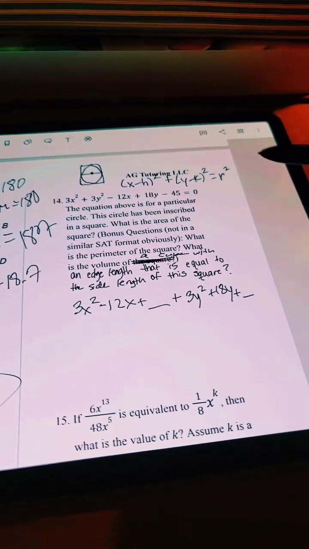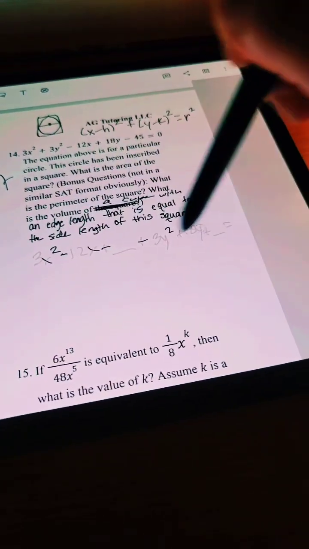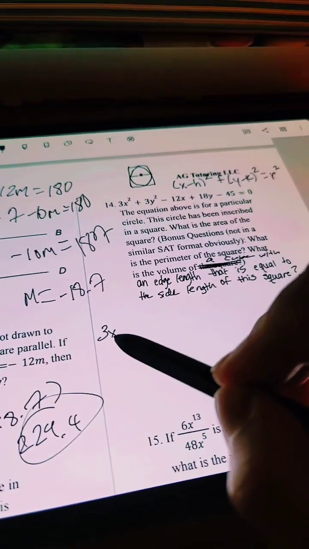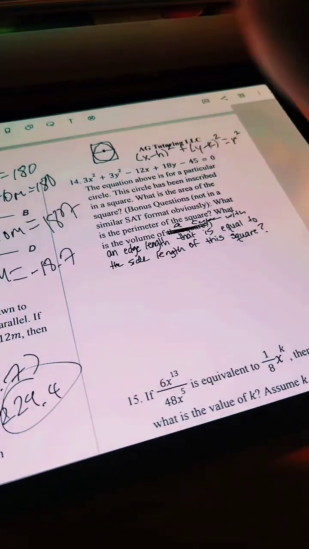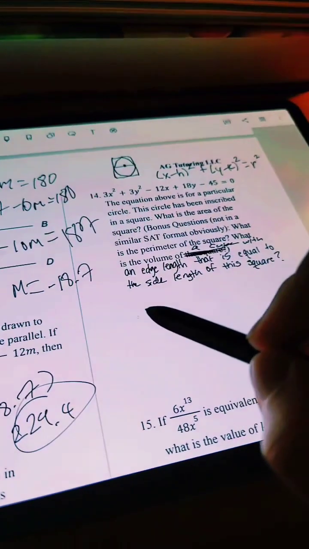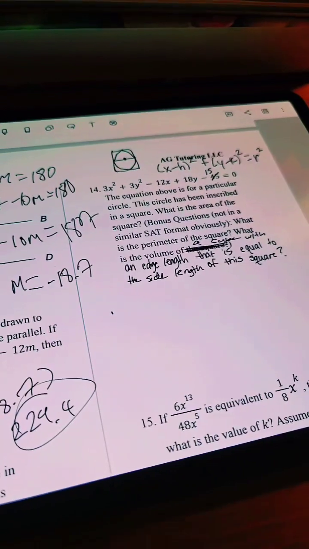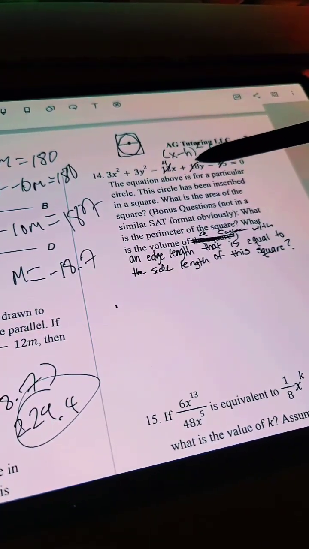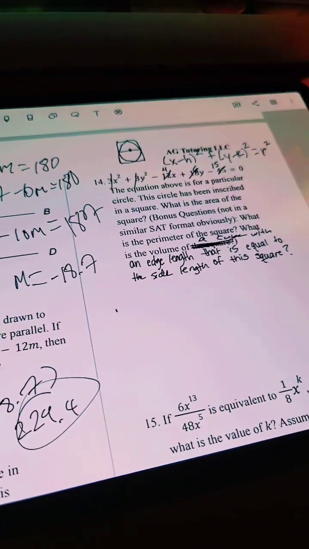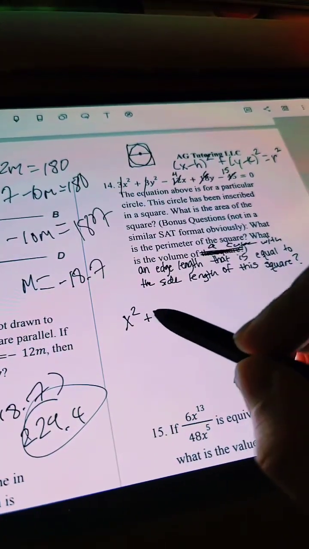Plus blank. I should have set this up further to the left. Hold on, let me rewrite that. I'm running out of space. So that's going to be 3x squared. And actually, hold on, I can divide this whole thing by 3 because all of these are multiples of 3. So let me do that first. If I divide everything by 3, then this turns into a 15. So I'm going to move 15 to the other side. And then this turns into a 4, this turns into a 6, and this turns into a 1 and a 1. So now I'm going to have x squared minus